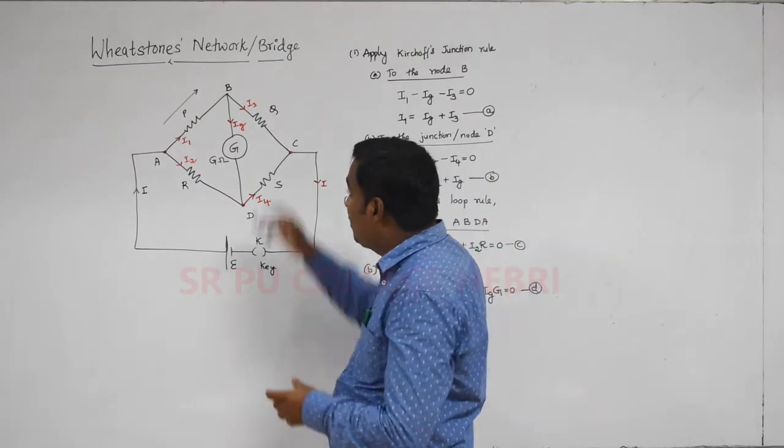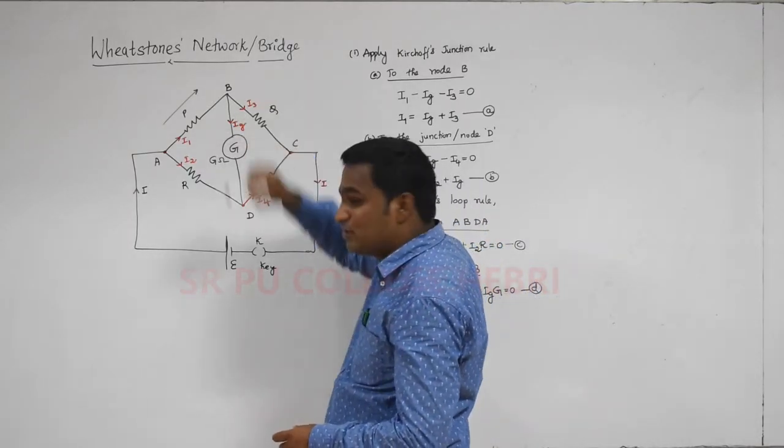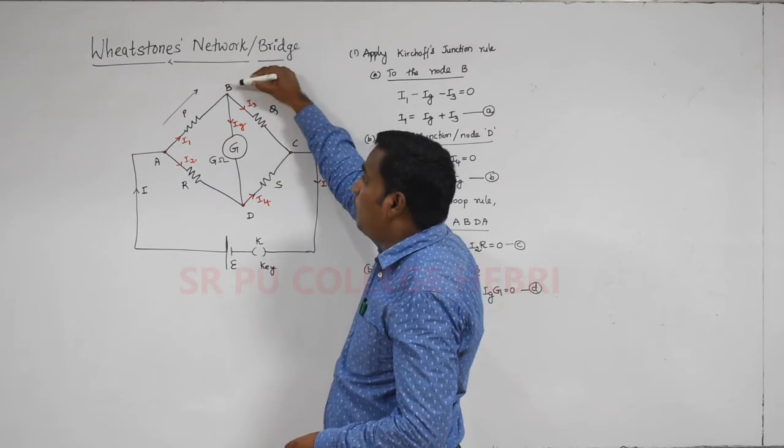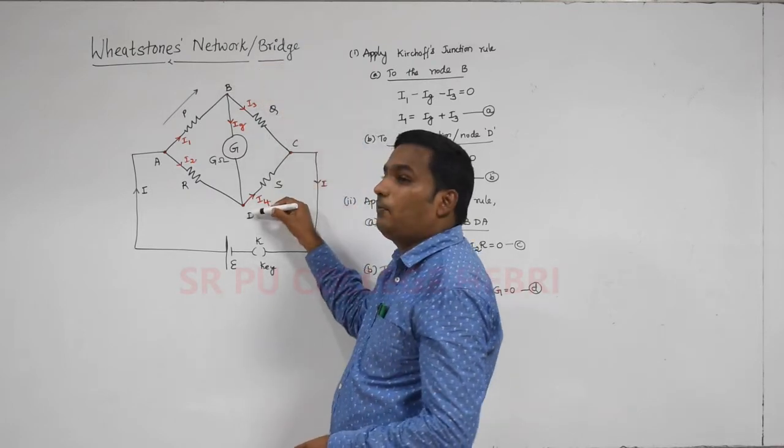If the current flowing through this galvanometer becomes 0, it means the potential at point B and the potential at point D